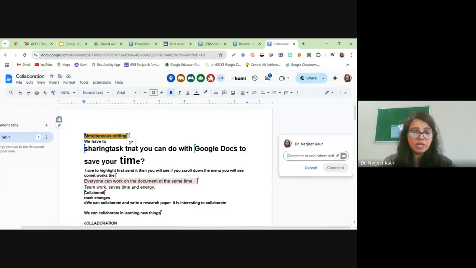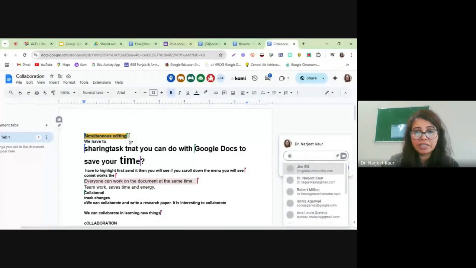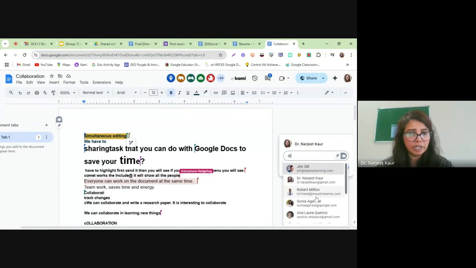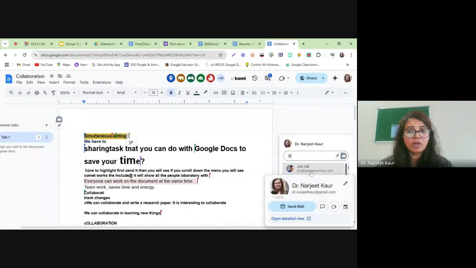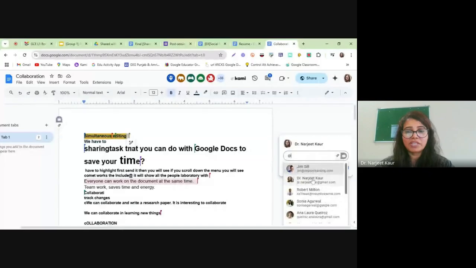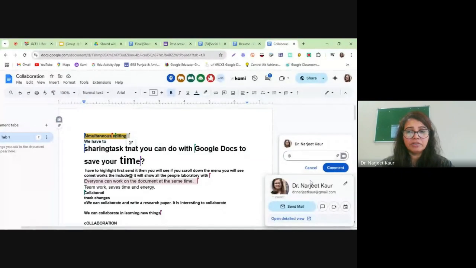So how do I do this? If I want to tag a person, I am going to insert the at symbol. The moment I include the at symbol, it will show up all the people whom I have already collaborated with earlier. And these are the email IDs I can include to notify the person. For example, I want to send a comment to myself. Otherwise the people are going to get comments for no reason. I am going to put myself here, Dr. Narjeet Kaur,